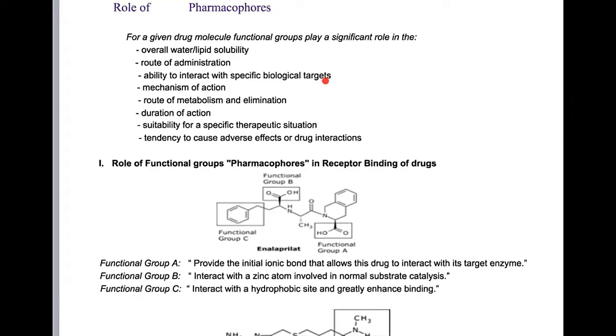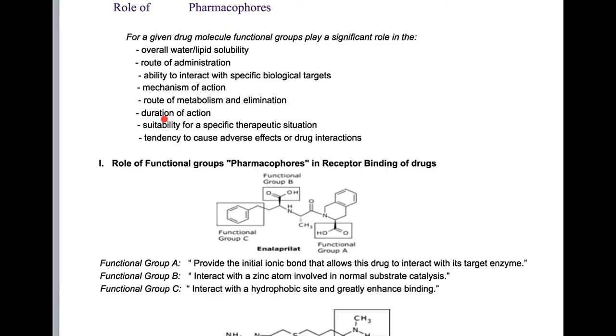and the ability to interact with specific biological targets, which means that sometimes the drug can bind to the receptor due to the presence of a functional group that can make a hydrogen bond with the receptor in the binding pockets, and some others do not have the ability to make the hydrogen bond, so they will not bind to the receptor. So the ability to interact with specific biological targets, mechanism of action, route of metabolism and elimination. It will be metabolized through phase 1, then phase 2, or only phase 2, or only phase 1, or it will go through oxidation, reduction, which metabolism route it will go through, that is according to the